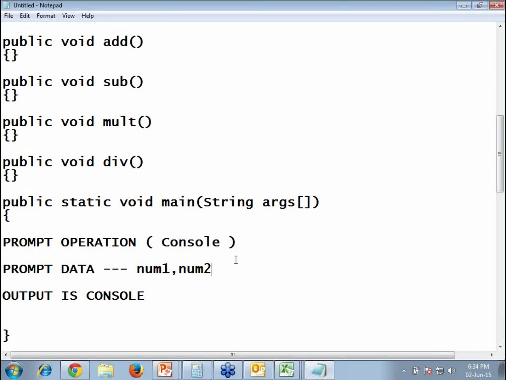And the third thing is that I have to determine how many numbers. Suppose if I'm entering two numbers, it would be simple. If I'm entering four numbers or five numbers, I have to take a for loop. I have to store all these values in an array, and I should keep on iterating the array. Am I right? So this would be a performance problem.